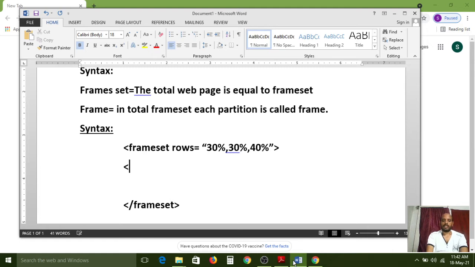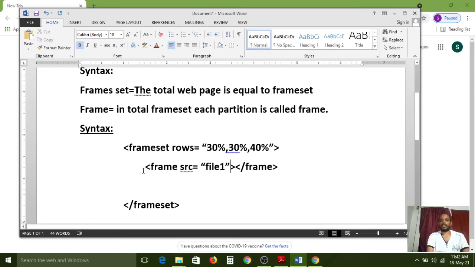For 3 partitions, we need to give 3 frames. Frame open and also close. In the frame we have the src attribute. What file you want to show in the first frame, that file name with its location we need to give in this space, like file1.